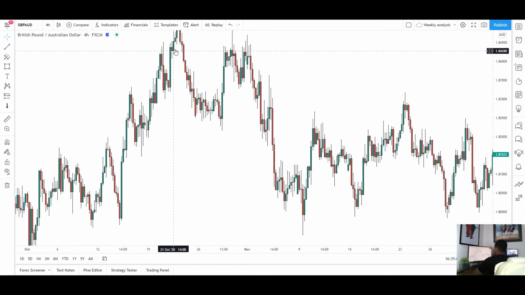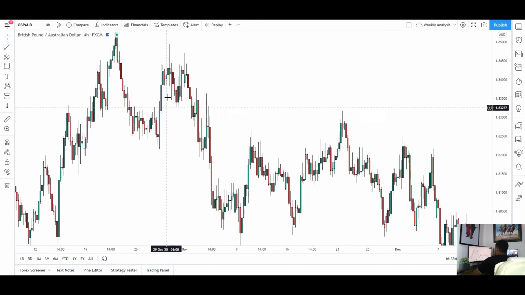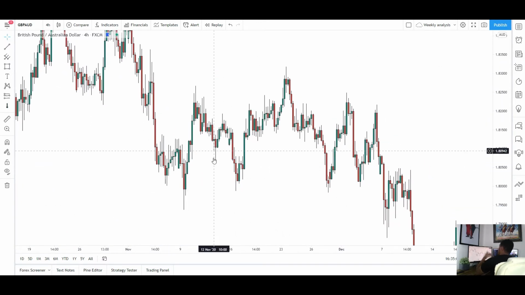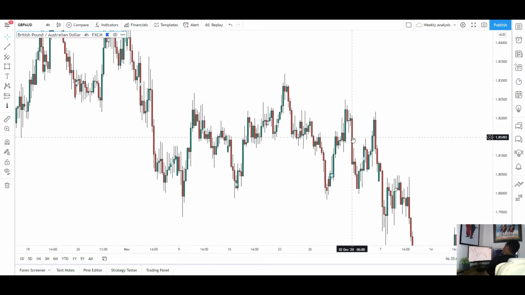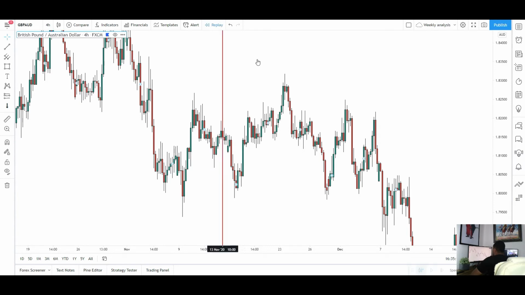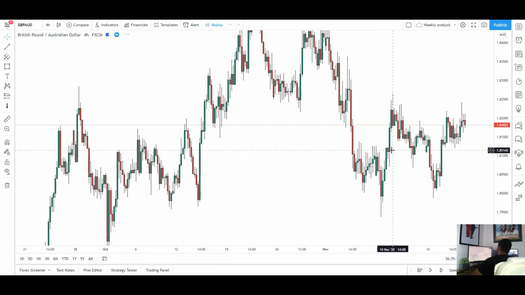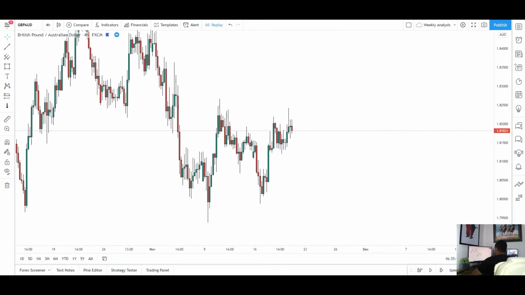You can see we were pushing to the upside. We came down, made a lower low, lower high, lower low. So in a bearish trend here in the market, looking to see if we can get a continuation to the downside. You can see here we've got consolidation. So if I get the replay tool out, you can see here we've got consolidation,